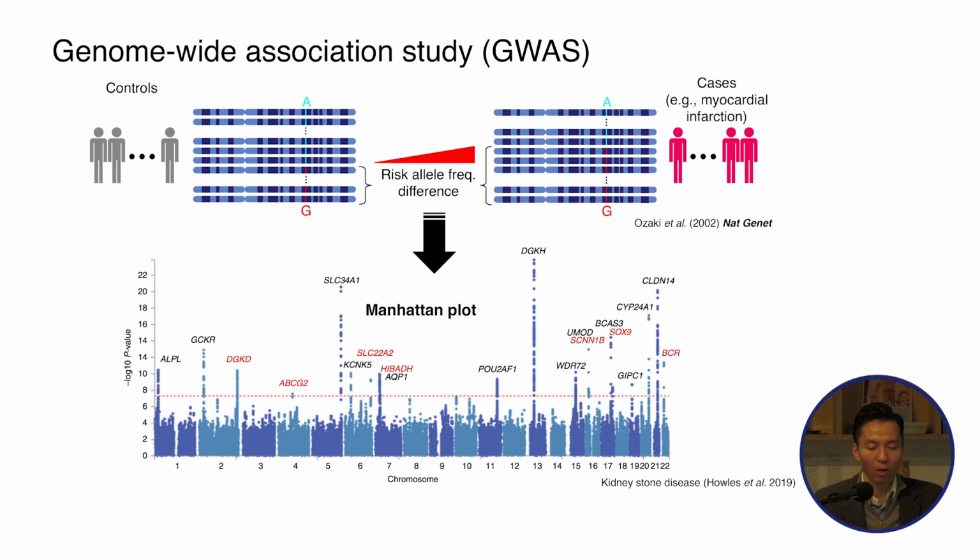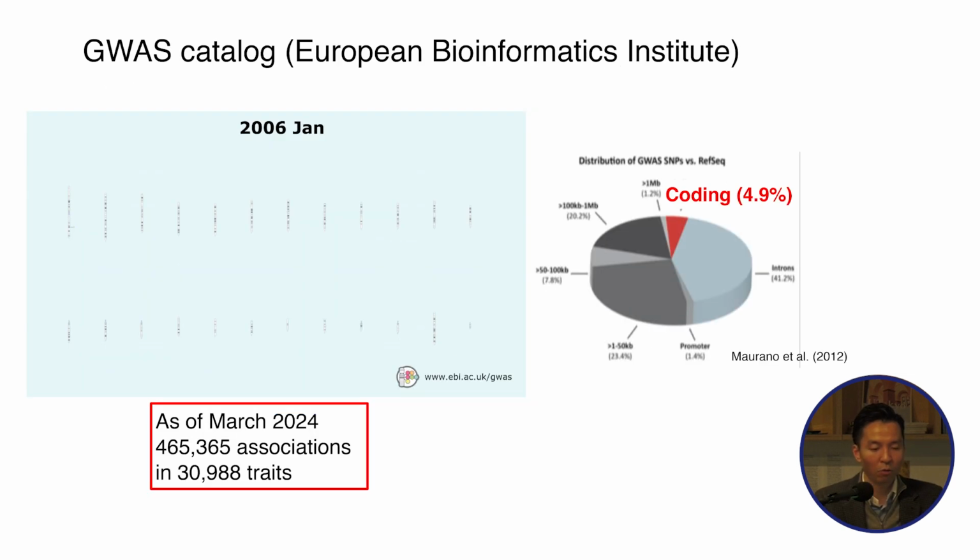So the higher, the more likely to be a disease-associated SNP. And this plot is often called a Manhattan plot, so you must be familiar with it. If you find the Empire State Building or One World Trade Center on this plot, this study has some positive findings. And the European Bioinformatics Institute has been collecting those genetic associations shown in the diagram as a GWAS